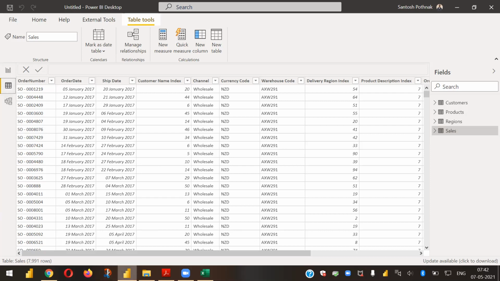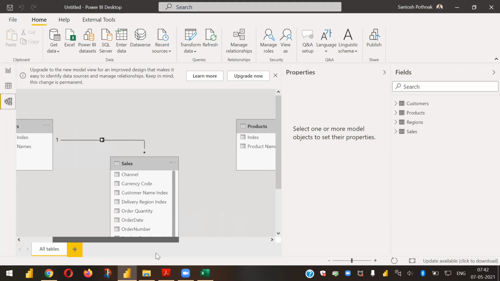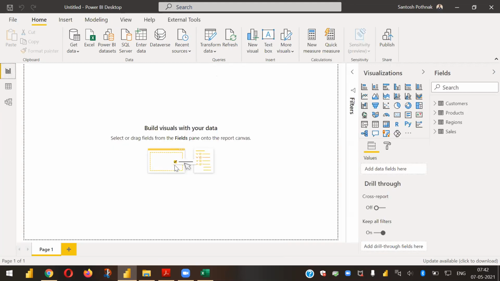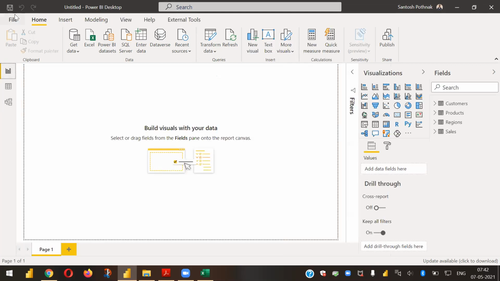Basically, you have to look at the data model and understand what kind of data model you have to use, and what can be done. We are going to look at that in detail tomorrow. I'll be covering data modeling concepts tomorrow. Just for your idea, what has happened is when you clicked on load, Power BI tried to create some automatic relationships. You have loaded the data, but you have not created any relationships. But Power BI tried to pick up some relationships because there is an option set automatically.